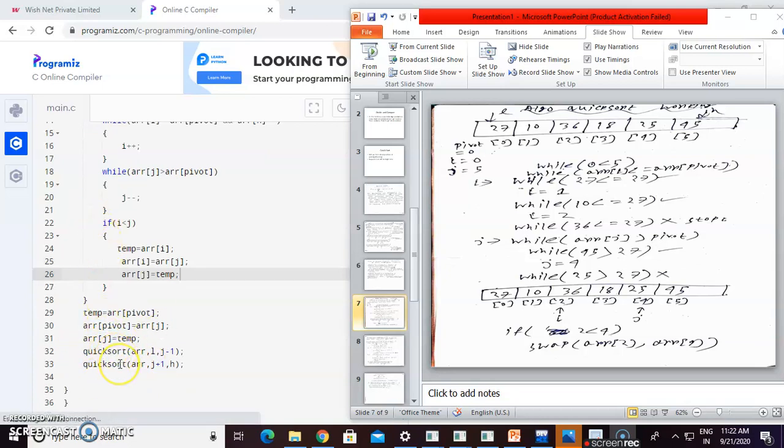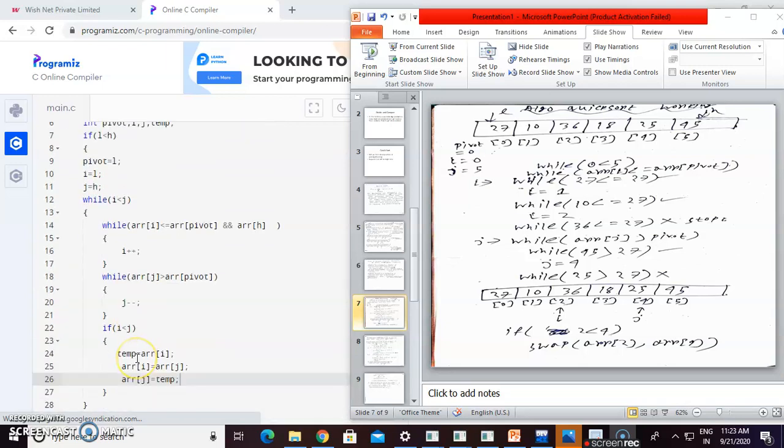Quicksort is called within itself. We find the pivot value, that is the j value, so obviously we divide the array into two parts. One part starts at L, which is 0, and its high value is j minus 1, because that position is fixed now. The pivot position j is fixed. So the two parts are L to j minus 1, and j plus 1 to H. This is the basic idea.